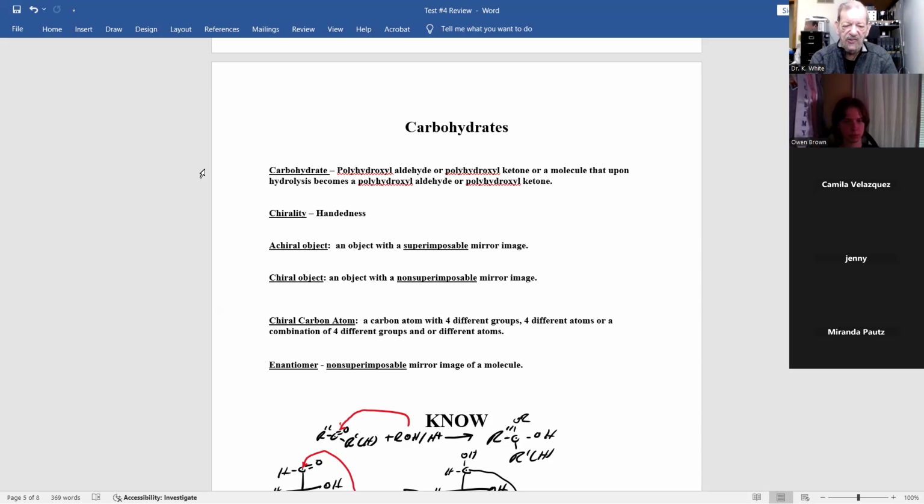Certain molecules exist as chiral molecules and others are not. Now, when you put an A in front of a word, that means not. Achiral means a not chiral object. And you should know an achiral object and be able to identify it as something that has a